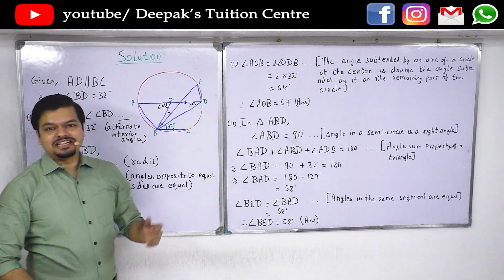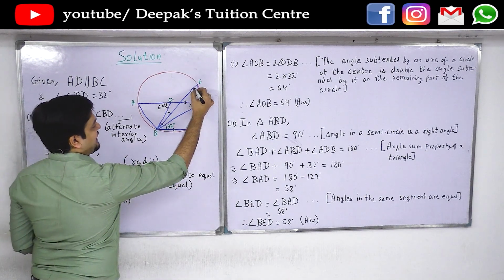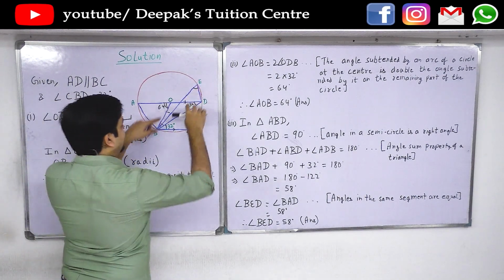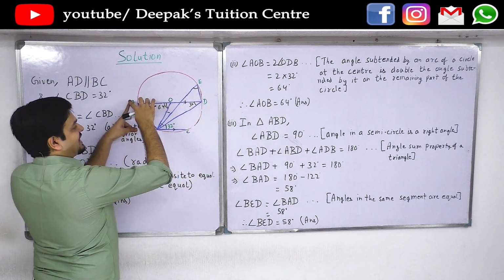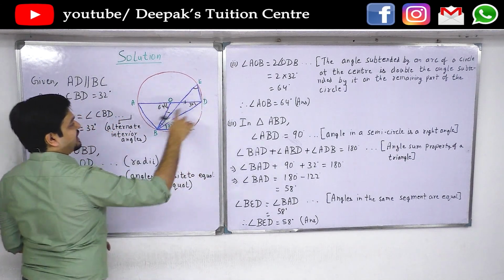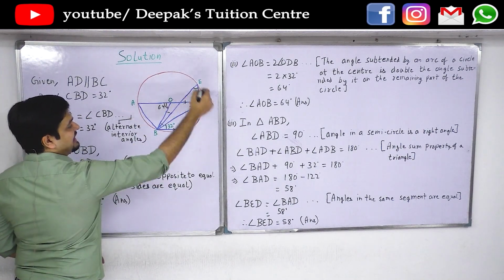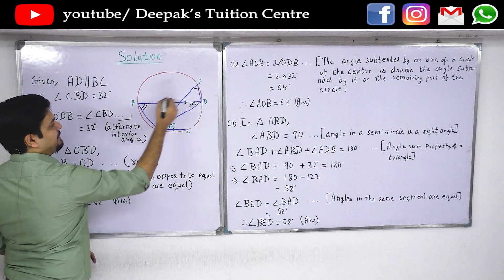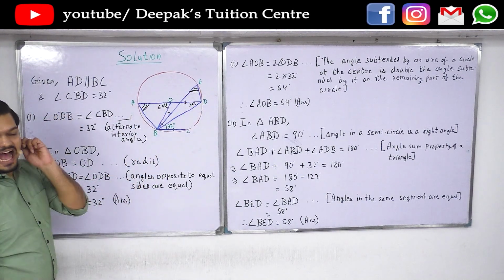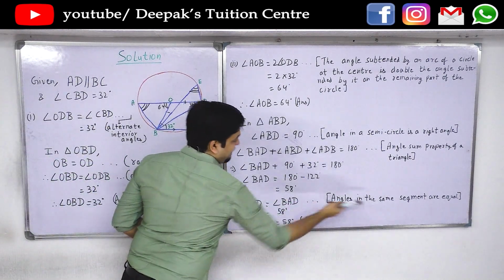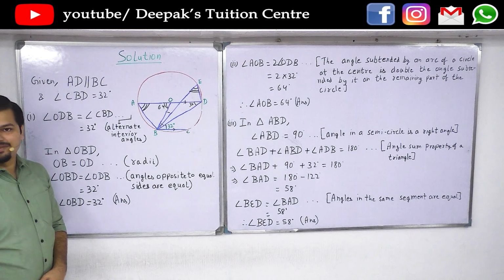Answer. In the third part I have been asked to find angle BED. So if I stretch my fingers to BD and stretch it back to A, I can see that there are two hills which have the same base. Therefore angle BED must be equal to angle BAD. That should be obvious. Reason must be angles in the same segment. But I do not know the value of angle BAD. So first I have to calculate angle BAD.